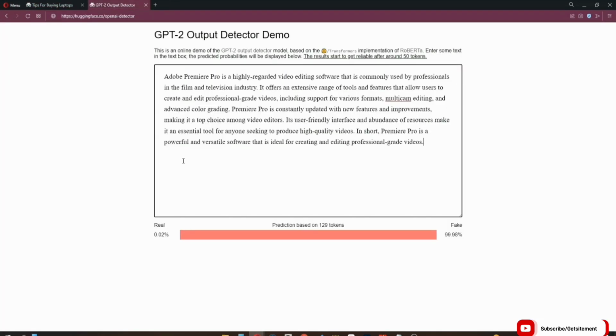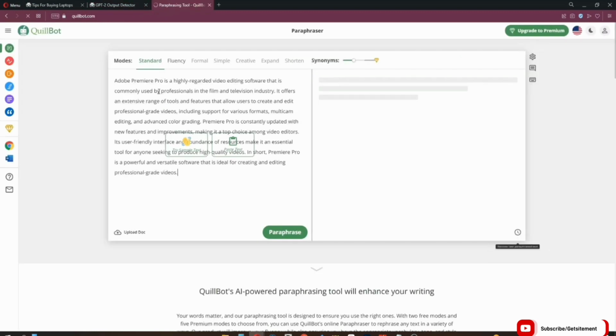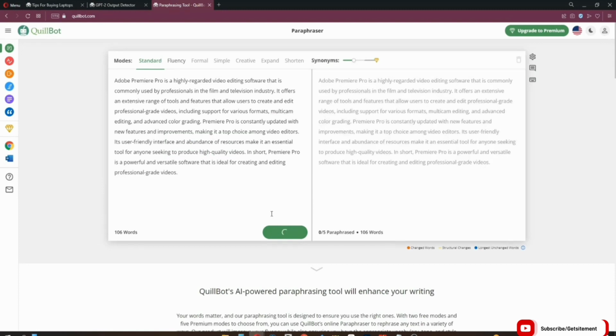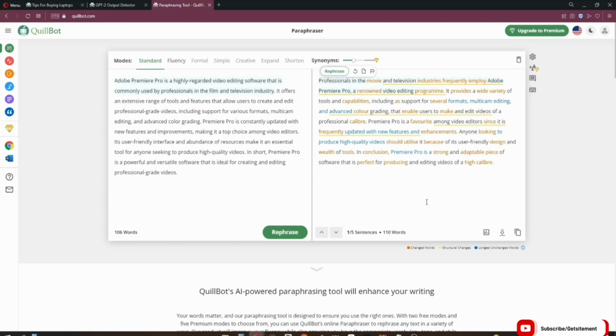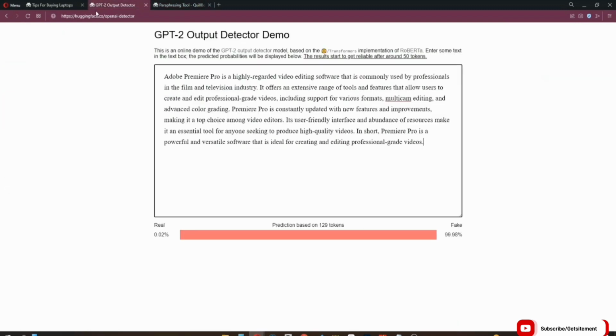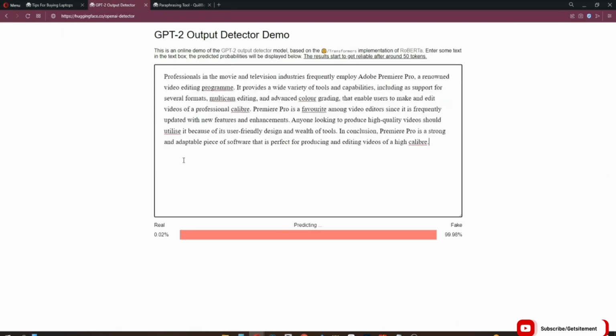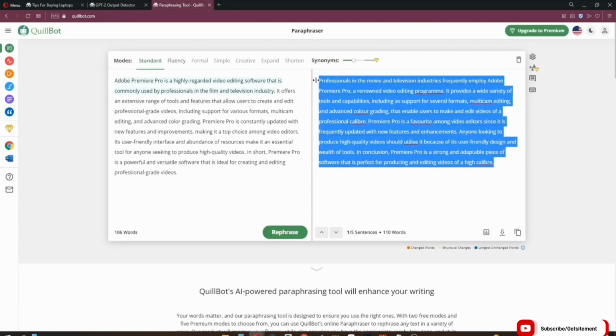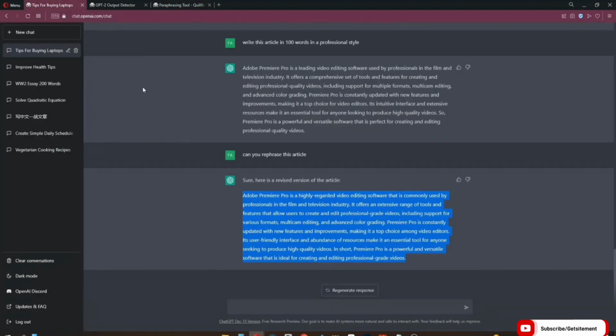Let's paste this right here. Let's paste, and now we can rephrase this paragraph. Now we can copy this. Let's paste this right here. And now as you can see, this is 98% real, 1.28% fake. So you can use this technique to write your articles in order to avoid plagiarism and to avoid Google to